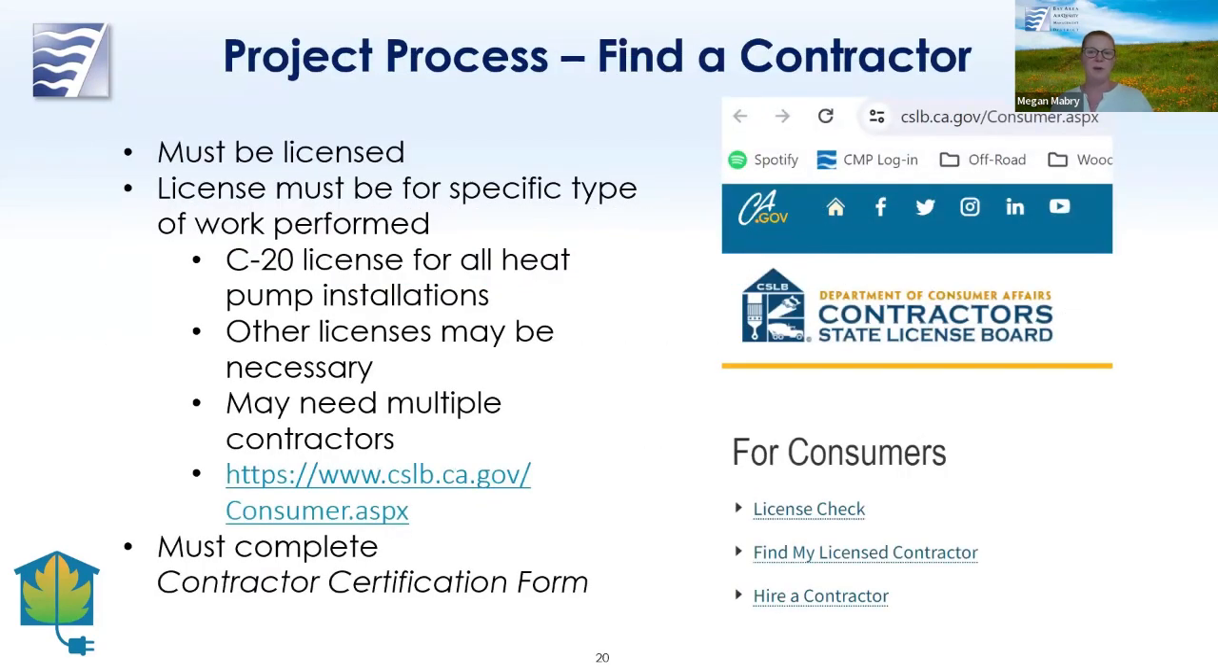One of the first steps to preparing an application is finding a suitable contractor. As mentioned, all reimbursable project work must be completed by a licensed contractor. Applicants can find licensed contractors on the California Contractors State License Board website linked here and on our Clean Heat website. Contractor licenses have various